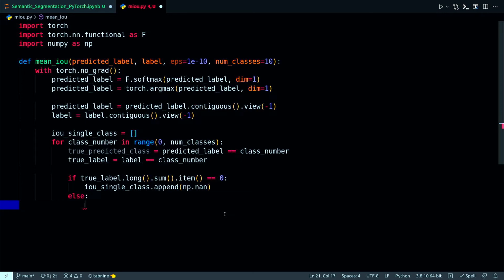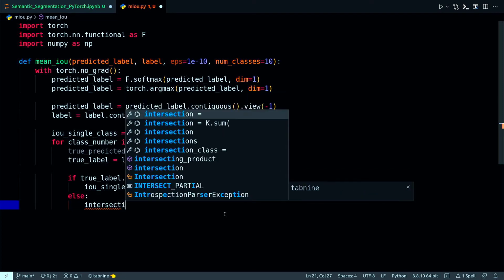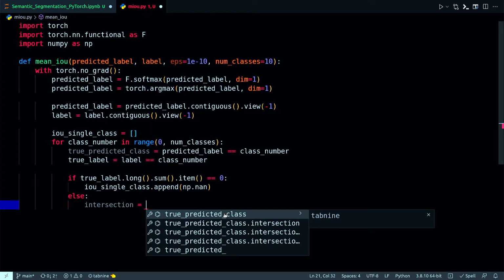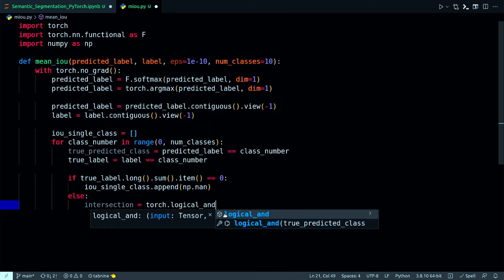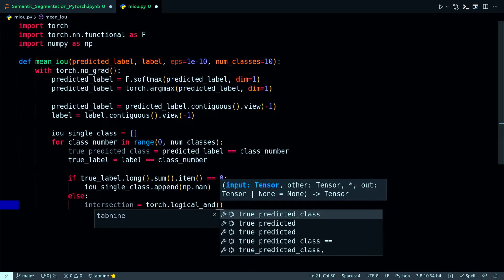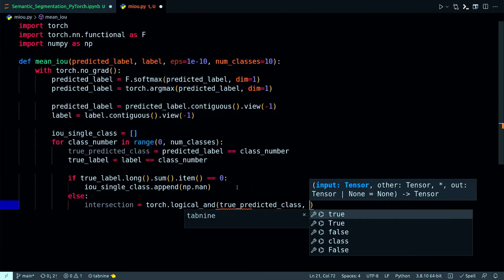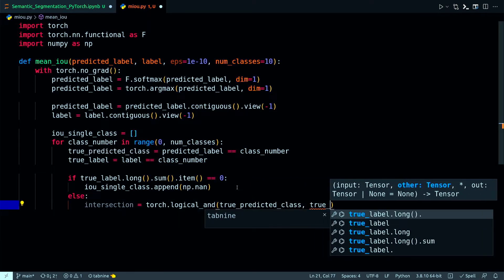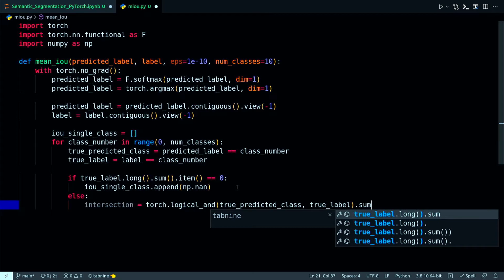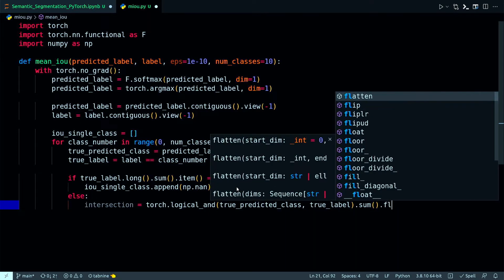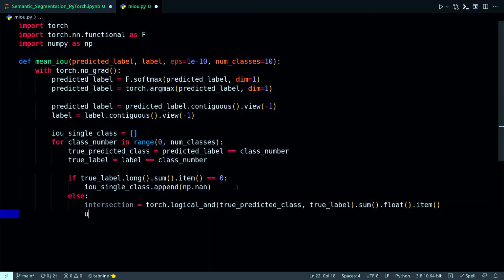Yeah, in this case my intersection will be torch.logical_and that will take the true predicted class, then it will also take the true label, and then I have to do sum.float.item, and my union will be